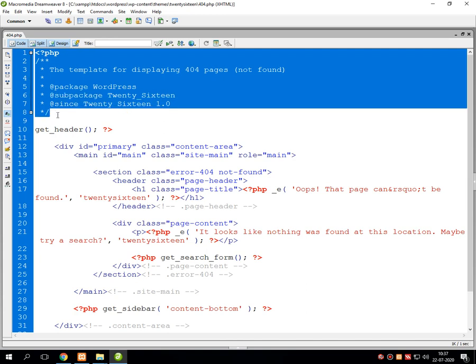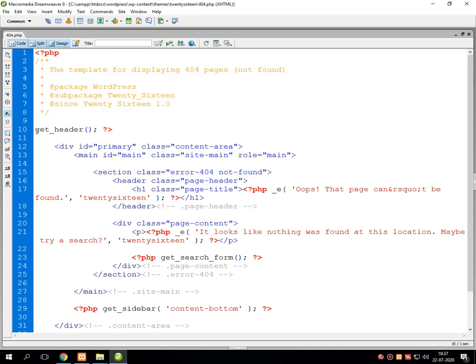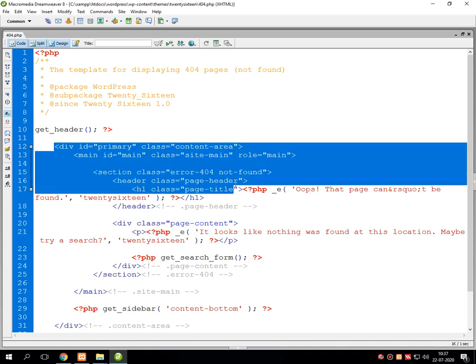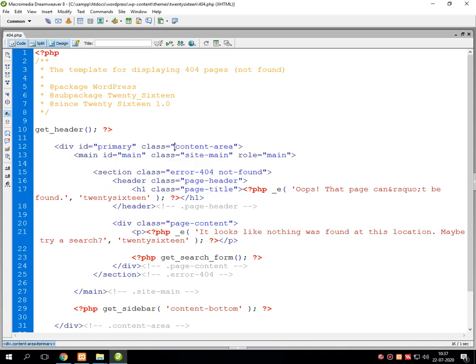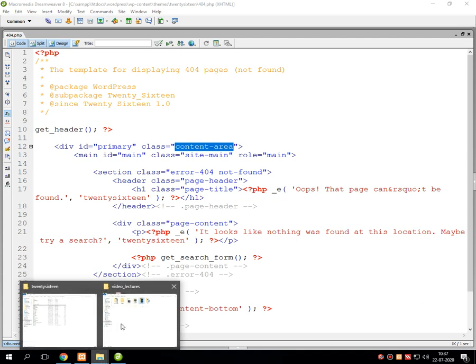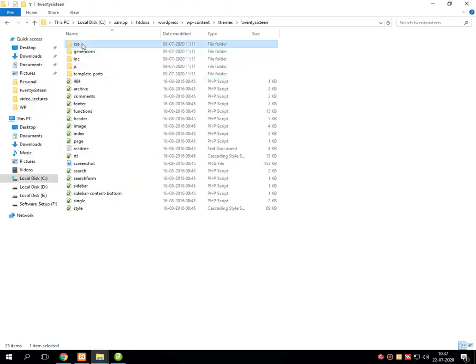Now in this file, after the starting of PHP, we are getting the header by writing a line of code called get_header. Then a few static lines are given which call a particular CSS class from the CSS folder inside the particular theme.